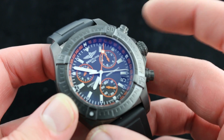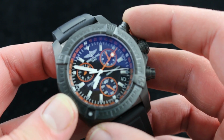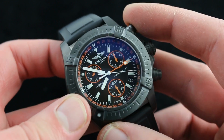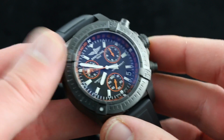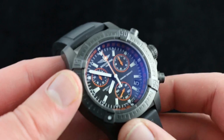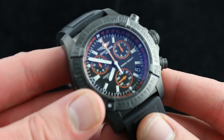It has to be part of the Breitling magnetic pusher family, the only watches that can be used safely as chronographs while submerged. Now, you can have other chronographs running while submerged, but if you want to stop, if you want to start, and if you want to reset a chronograph watch underwater or while wet, this is the only game in town. It features a 2 to 3 year power reserve and numerous refinements that really set it apart